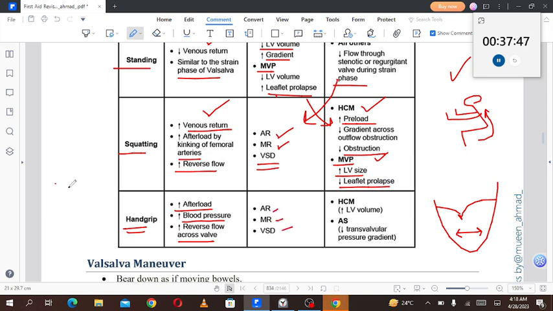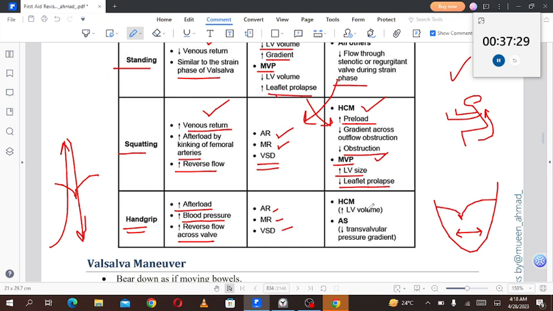So suppose this is the mitral valve, and the normal flow is from the atria to the ventricle, and the reverse flow will be from the ventricle to the atria. So aortic regurgitation, mitral regurgitation, and ventricular septal defects will have exaggerated murmurs in the case of hand grip,